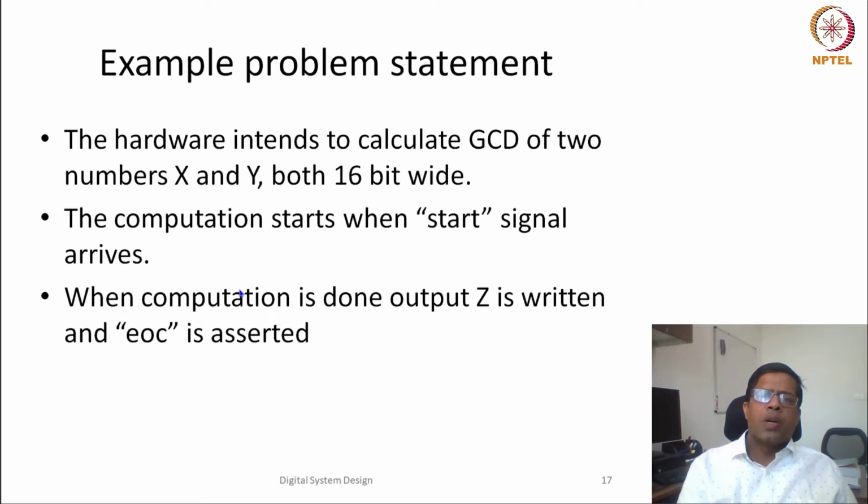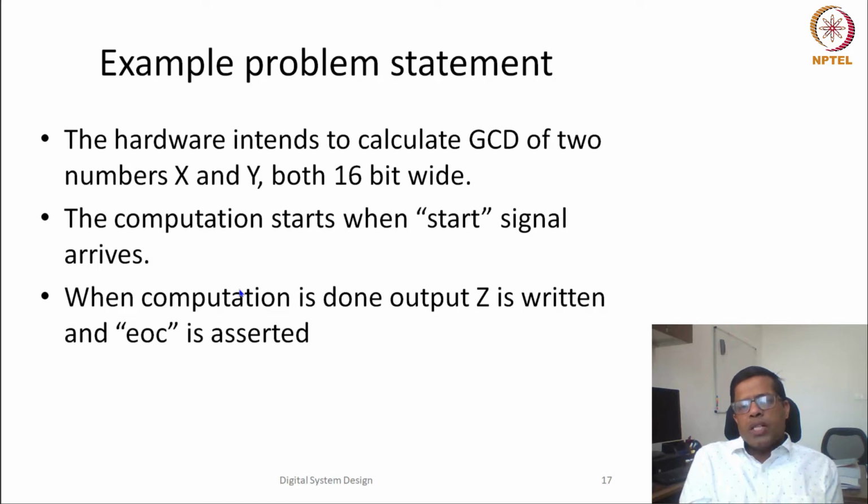So now the example we are taking is, let's try to design a GCD, greatest common divisor. We would like to do this computation, and we would like to model it in an RTL way. GCD is usually calculated for two numbers, x and y, let's say, and we consider that they could be 16-bit wide. It doesn't matter, actually; it could be 32-bit wide or 16-bit wide. That would determine the data path, but otherwise the design process is going to be the same.